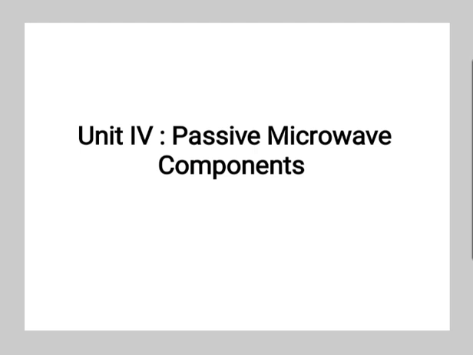At high frequencies the inductor, capacitor and resistor act as either series resonant circuit or parallel resonant circuit rather than pure inductor, capacitor and resistor. Other useful passive components are attenuator, directional coupler, phase shifter, hybrid junction and ferrite devices